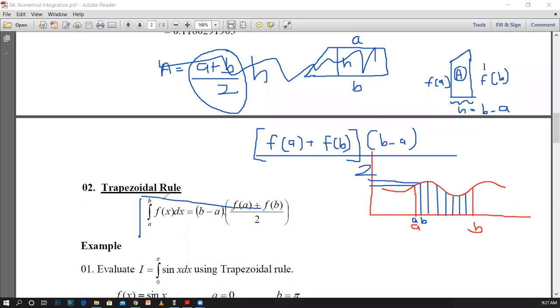And again, I have to tell you that this can be directly used if we have a very small distance between A and B. Based on this concept, it is the area of a trapezium. Now you can see it is a collection of trapeziums. Therefore, we define this trapezoidal rule to identify the area of this region, and we use that concept to identify the integral of a function in the given region.